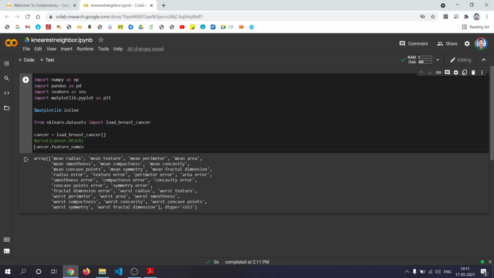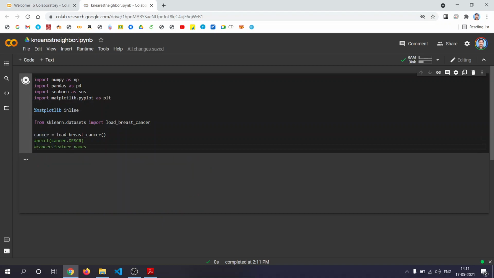Okay, so we'll take all the features and create a data frame. Once the data frame is ready, we'll split into training and testing set. Then using that we'll train our model using KNN classifier, right?